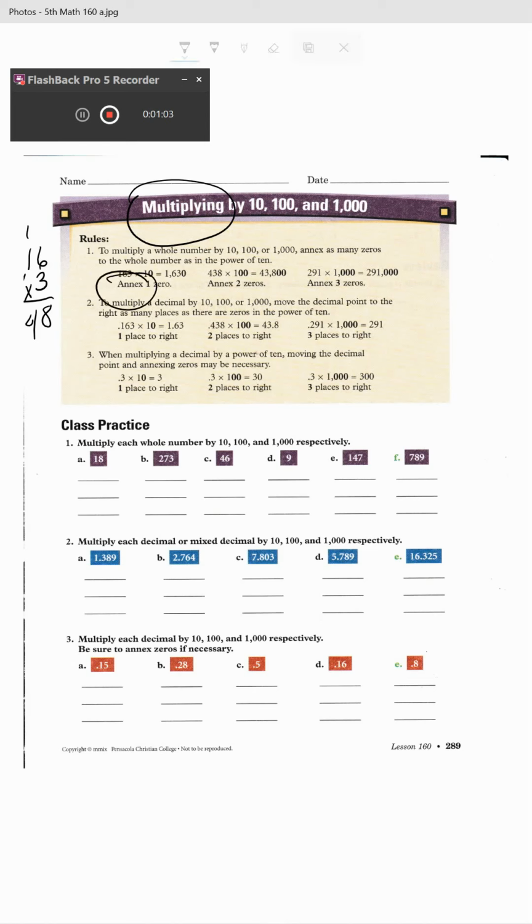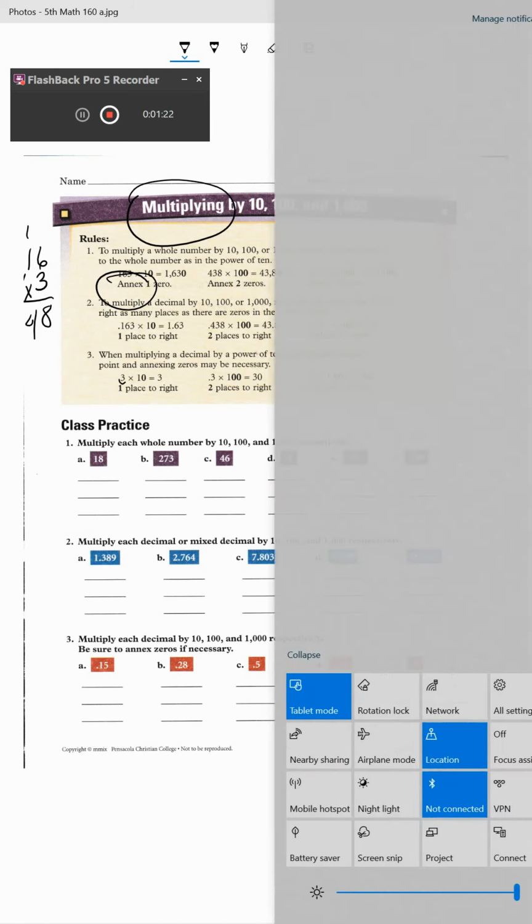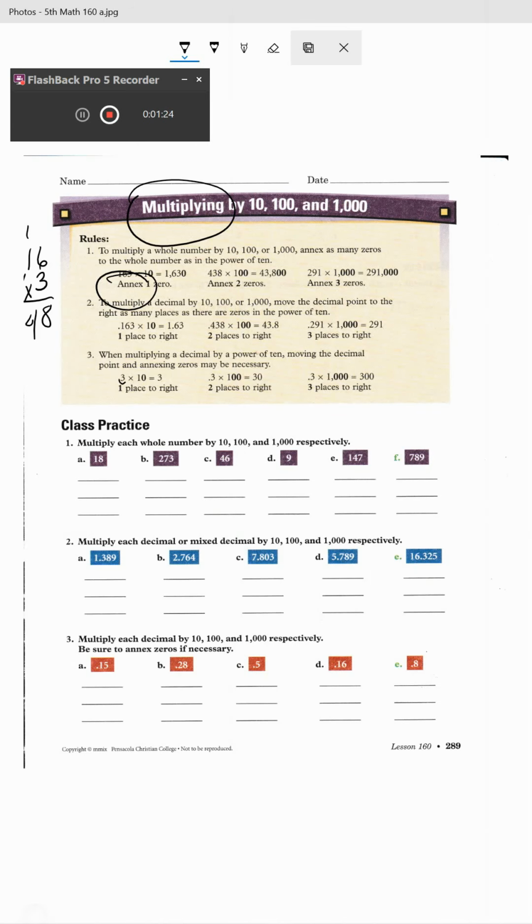Remember what they use the term annex for, just adding a zero. It's a little trickier when you're in a decimal, because before you add zeros, you're moving your decimals over to get them to the end of the number, and then you add zeros. But we'll look at that and do this together. So we're going to multiply each of these numbers by 10,